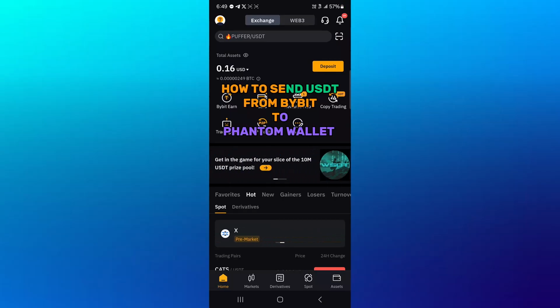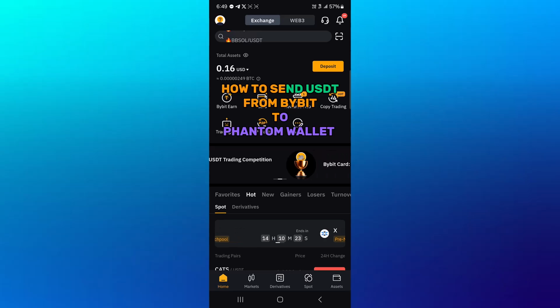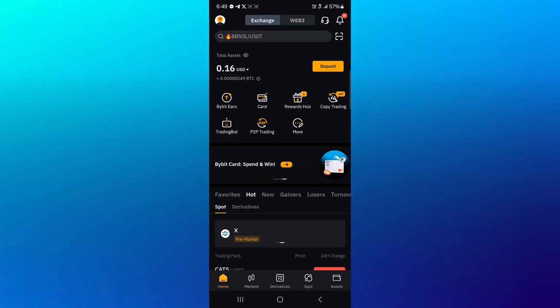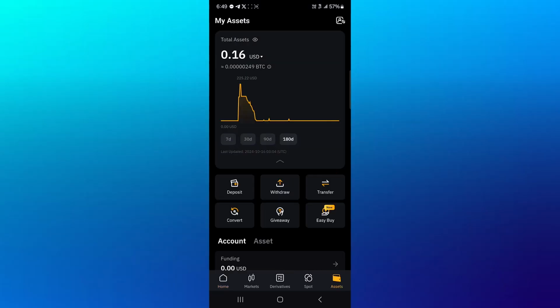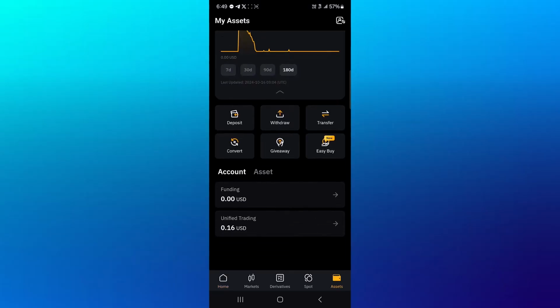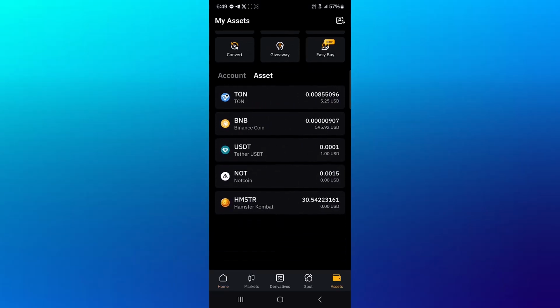In this short tutorial video, I'll be showing you how to send USDT from Bybit to Phantom Wallet. Alright, so in order to send your USDT tokens that you have on your Bybit wallet over to the Phantom Wallet, head to your assets menu, click on assets and scroll through so you can view how much USDT tokens